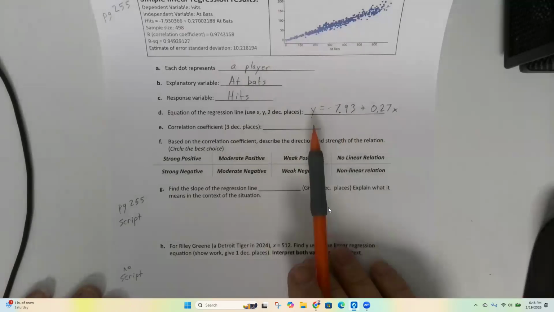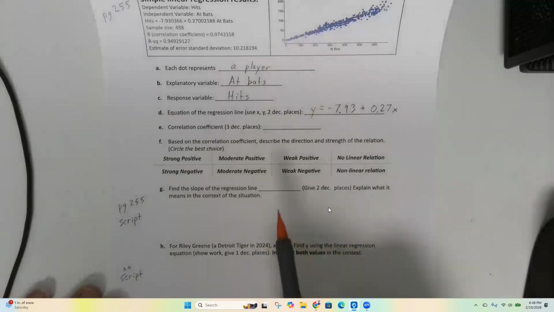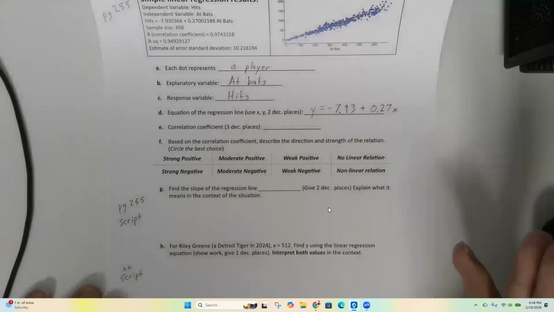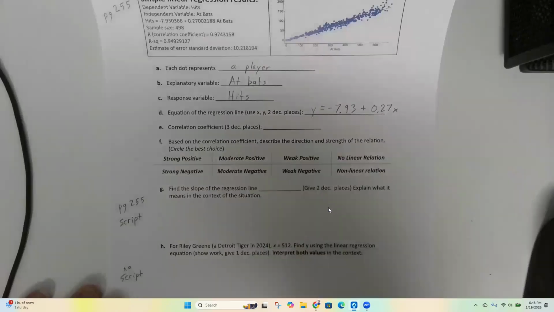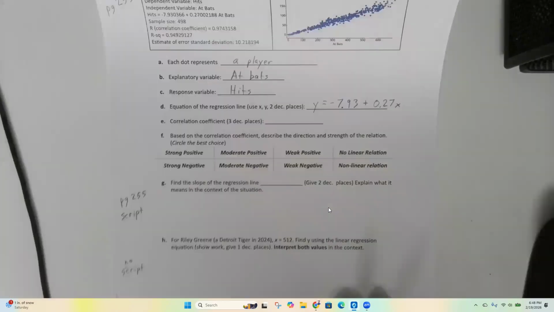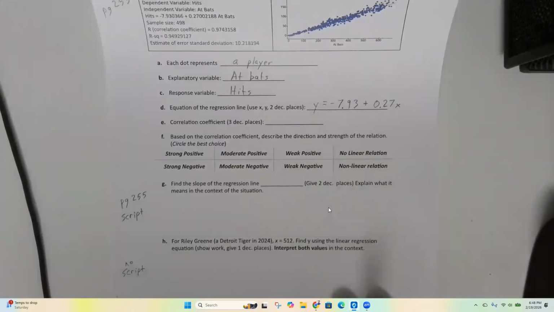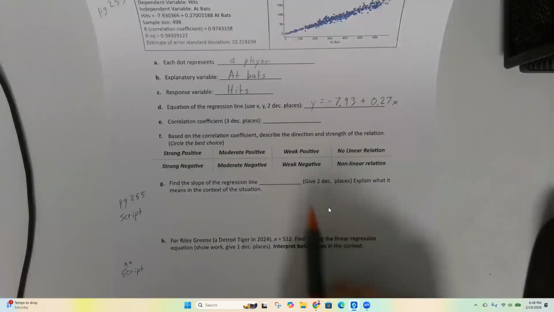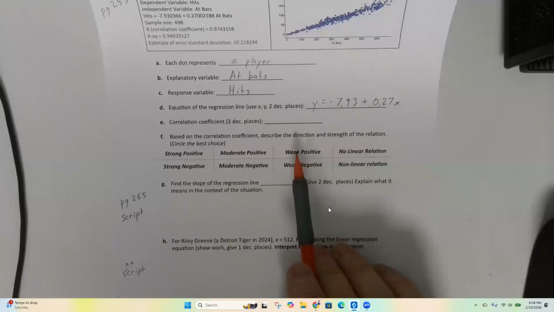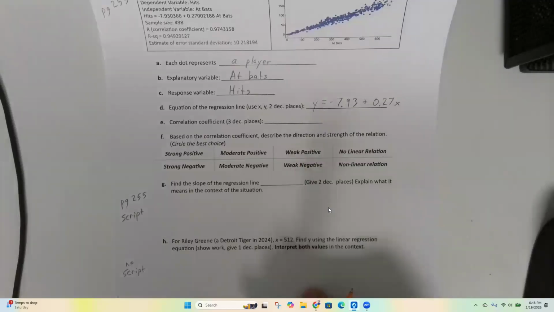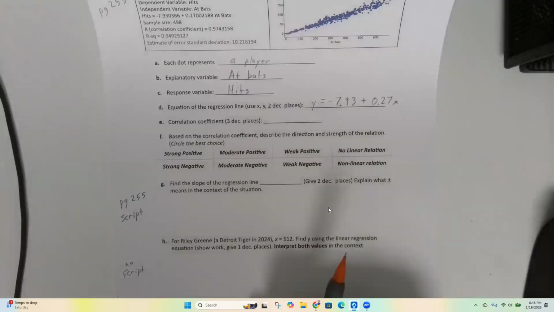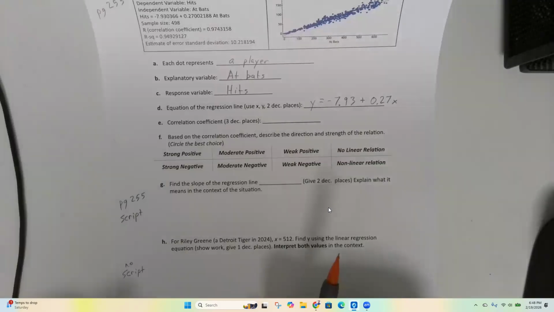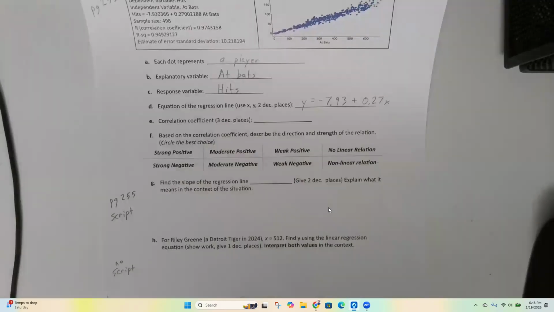First of all, if you have no at-bats, then you can't have any hits, positive or negative. So you certainly can't have negative hits. What does that mean, you hit the ball backwards? And if you have 0 at-bats, then you didn't make it to the show. So you would have 0 hits, right? So the y-intercept doesn't make sense here. Not that they're asking, but